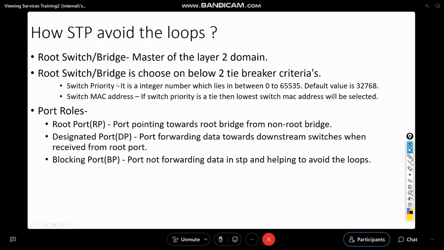Now, the second concept in this is port roles. What are port roles, if we talk in the simplest words? Once you have selected the root bridge, what are the different types of roles which will be assigned to the ports? And on the basis of that, you will see what port will go into the blocking state. So there are three different types of port roles which we have